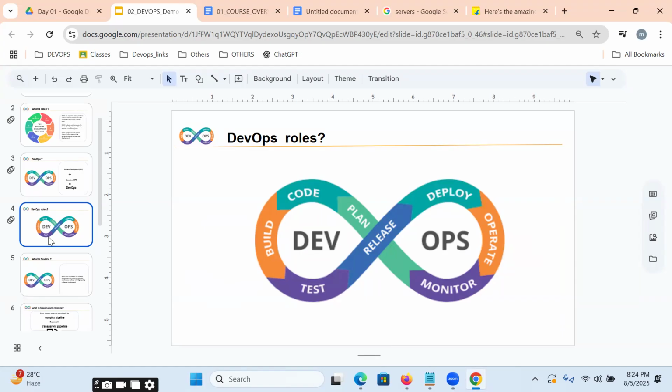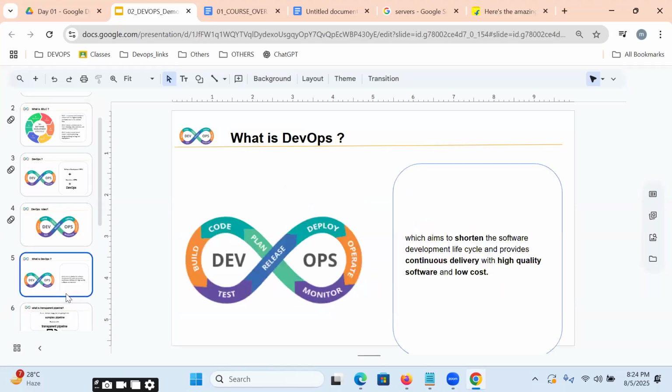DevOps is a process. DevOps is an automated process. With the help of DevOps, we implement an automated process, and while doing so we need to follow some rules, regulations, and principles.